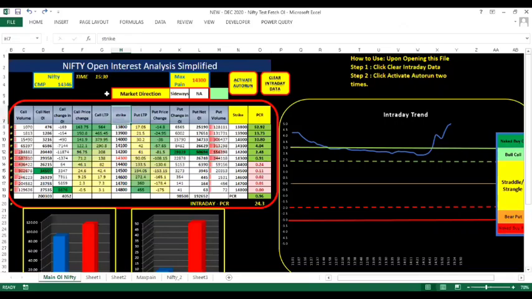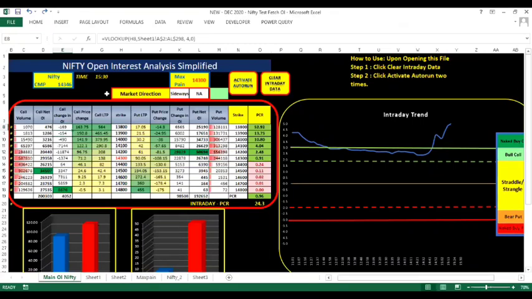In the center, you see we have captured different strikes. As I told you, the red one is ATM. So by just looking at the sheet, you can figure out that any red number is ATM. On the left hand side, you see the call last traded price for the calls on different strikes. Then next to it is what has been the difference since yesterday's price, whether it is positive or negative. Then if we move a bit more left, we see change in OI.